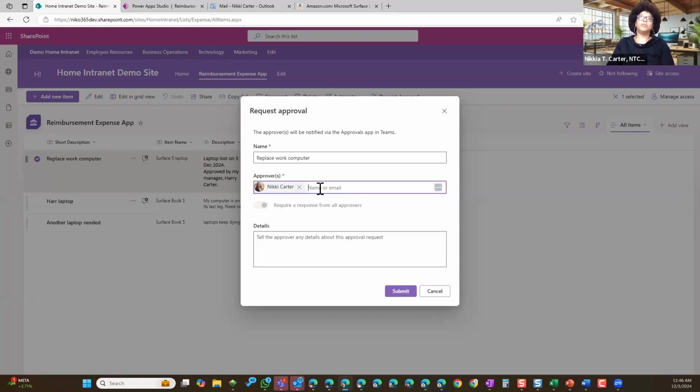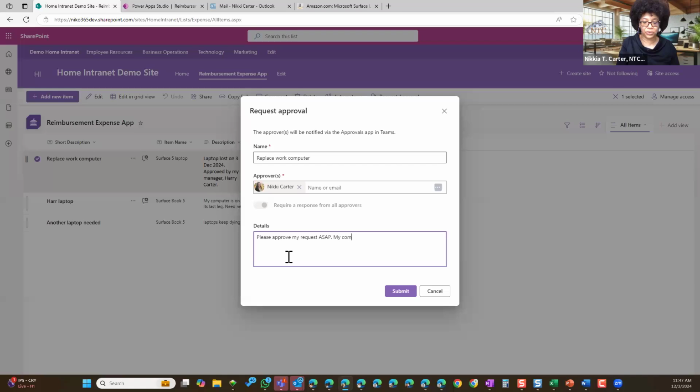Okay. I'm only going to do one, but if I did multiple, I could say that it has to be approved by all approvers in order for it to go forward, but I really only want one person to approve it in this situation. Details I could put in: please approve my request ASAP.